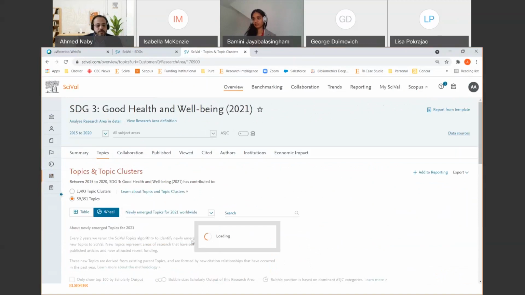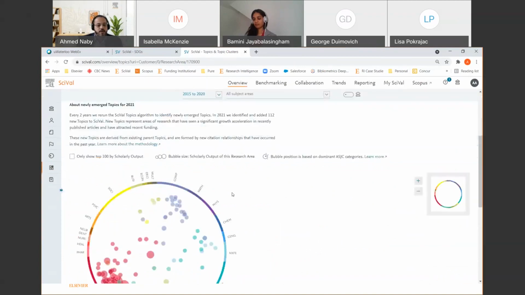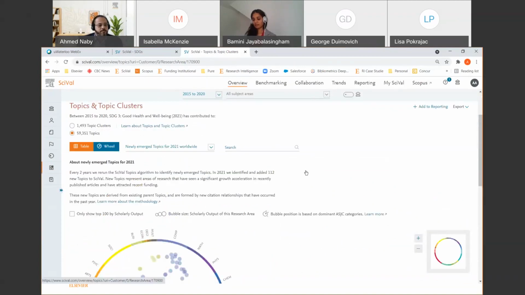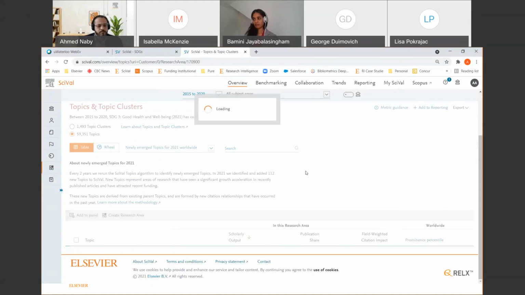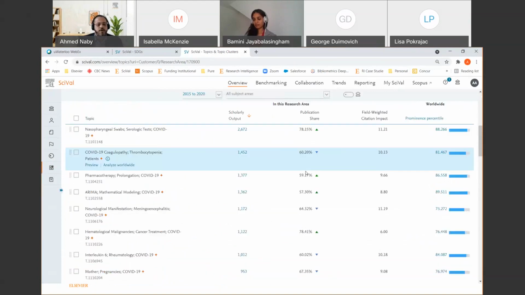So this is what is emerging in terms of topics in the last, let me see the table view. Yeah, so those are the ones